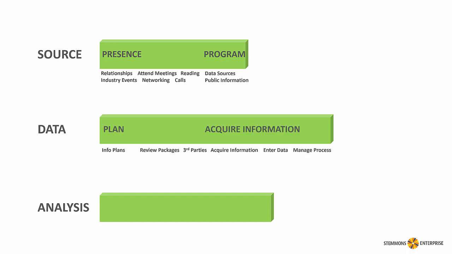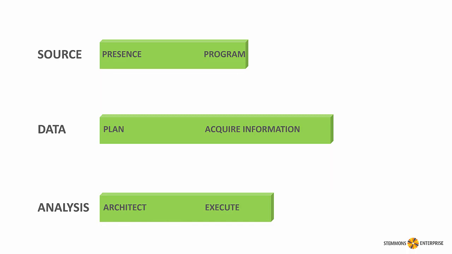Again, we can break it up into things that have to do with planning and things that have to do with actually acquiring information. Analysis has two parts as well. First, we design analyses, and then we perform them. The former requires a decision architect, and the latter requires somebody to execute. We can think of these functions a little bit differently. The portions in green really require expertise. The portions in yellow are something that can be done in a more programmatic, structured way and require a lot